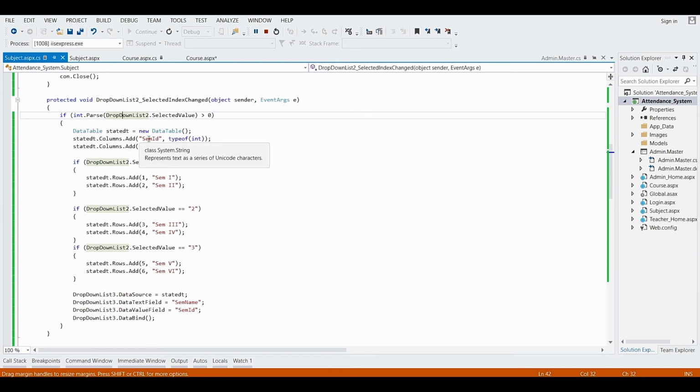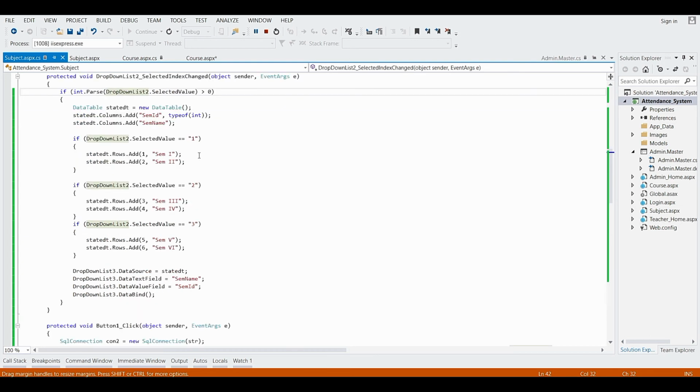First of all, here we have given the first parameter, that is sem id, that is column name. Okay, sem id is the column name and it is of type integer. Okay, now again we are adding second column with the name sem name. Okay, now in data table 2 columns have been added, that is sem id and sem name.